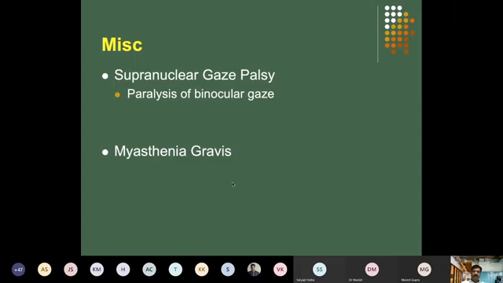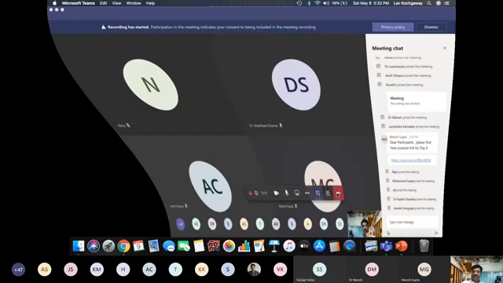That more or less in brief covers the other types of strabismus. And before we go for the vision therapy discussion,